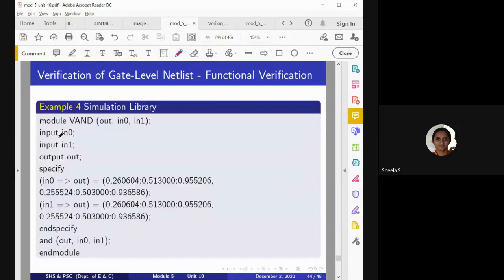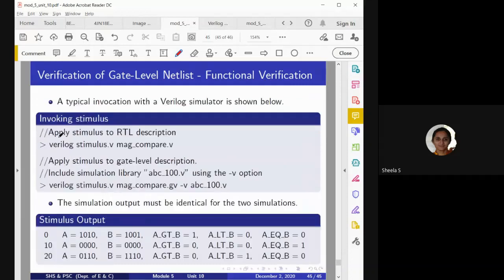So while simulating, one more thing, here you can observe that for a normal program, we call the simulator in this format, but for a synthesized circuit, we have to call the simulation like this, that is magnitude comparator dot GV.